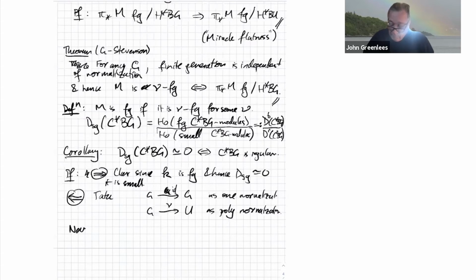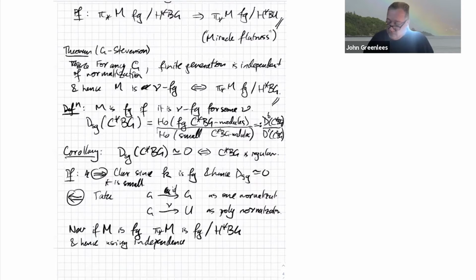If M is finitely generated, then pi star M is finitely generated over cohomology of BG, and hence, using the independence, since G is regular, it's small over cochains BG. Okay, so